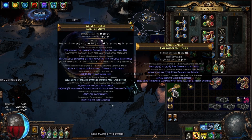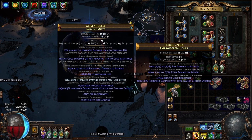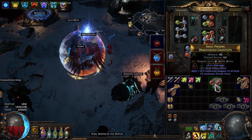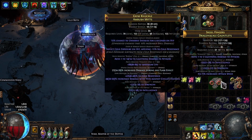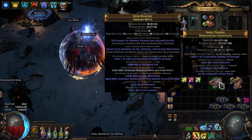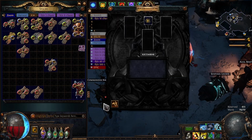Well, okay, well, that happens, right? So at least we didn't break the temple mod. It's still there. So technically we can go again. Okay, so I have these gloves, tier 1 strength, tier 1 life. Okay, this one has strength, intelligence. Sure, combine that